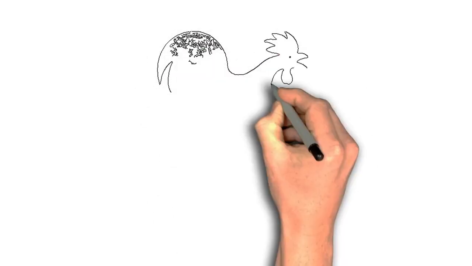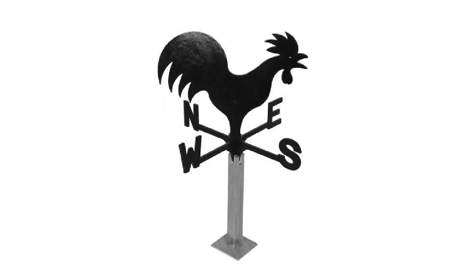And if we want to know the direction in which the wind is blowing, we can simply use an instrument called a wind vane. It comprises a rotating arm pivoted on a vertical rod. An arrow is fixed on the rod pointing in the direction from which the wind is blowing, and the direction from which the wind blows is used to name the wind. For example, if the wind blows from the west to east, it is called westerly winds or westerlies. And to get the correct direction, the wind vane is put up on high buildings, on the roofs, where there are no obstacles. This is how we can see in what direction the wind is blowing.